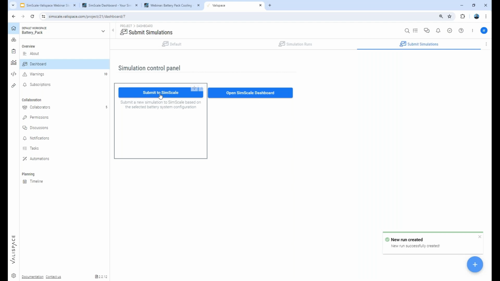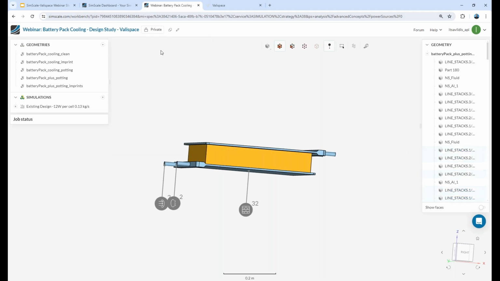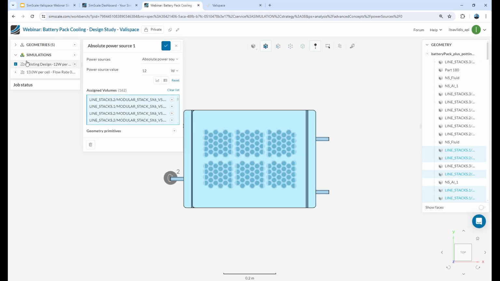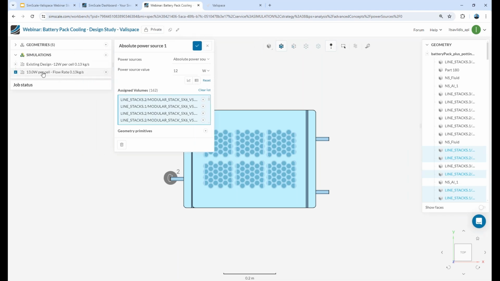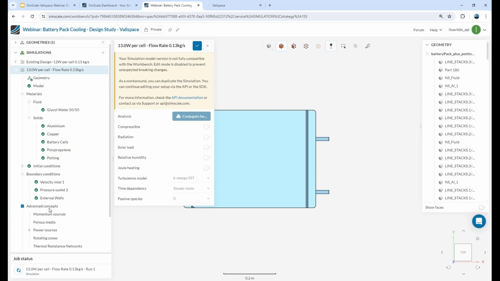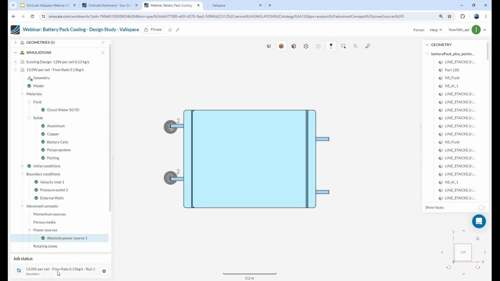So I have submitted now a new simulation, and if I go back to my project here and quickly refresh, you see a new branch has been created automatically, modeling the new configuration. And then a new simulation has also just started with the new data. So I've given now more power to the batteries. I can see here, now it's 13 watts per battery, right? So this will run now a new simulation, and when the results are ready, will be automatically updated back to